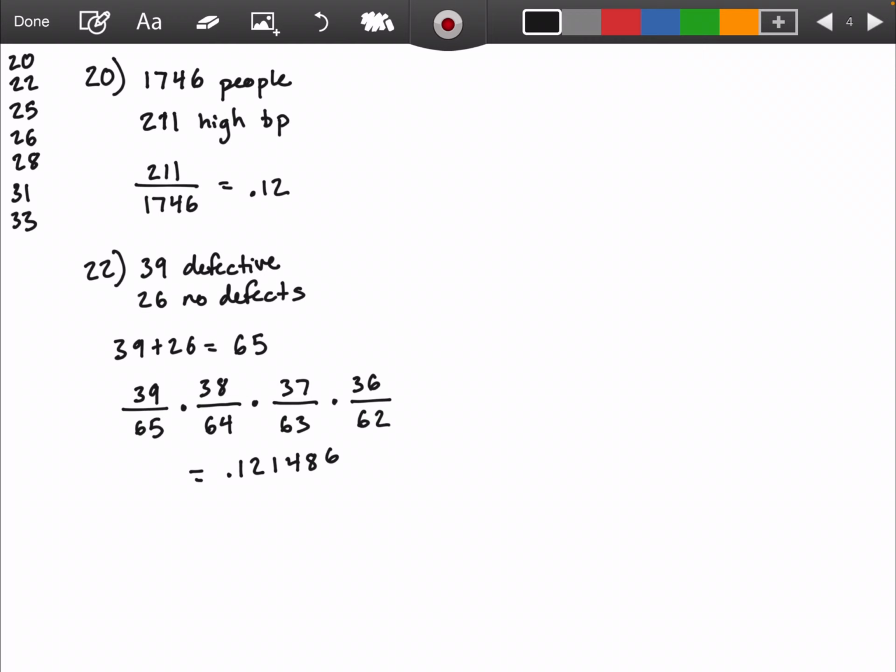Okay, let's go to 25. One card is selected from a deck of cards. Find the probability that the card selected is red or a queen. Just a reminder, there are 52 cards in a deck, 13 for each suit, so I know there are 13 red cards, and there are 4 queens. But what's important here is that one of these 13 that's red,